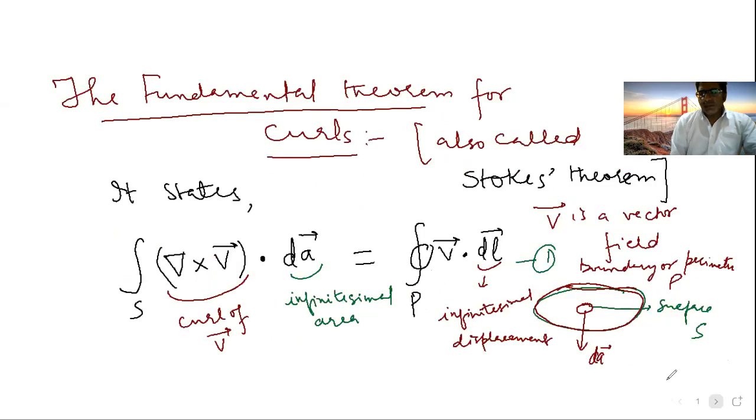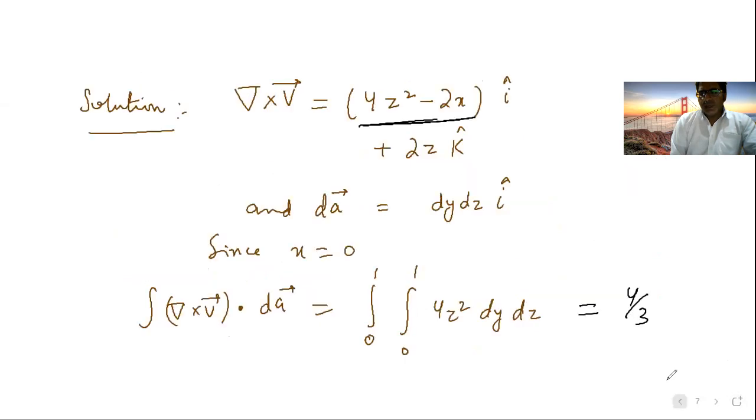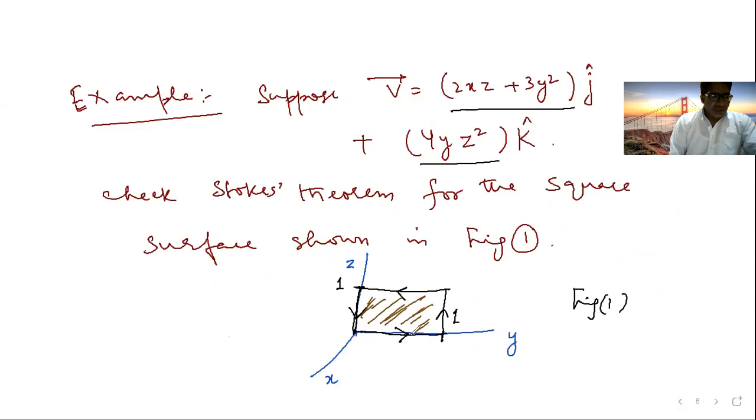My perimeter is square. Now I divide this perimeter square into 4 line segments, 4 displacements. This one I name first, this one second, this one third, and this one fourth. So I will first find V dot dl for this, then this, then this, then this, and add those 4